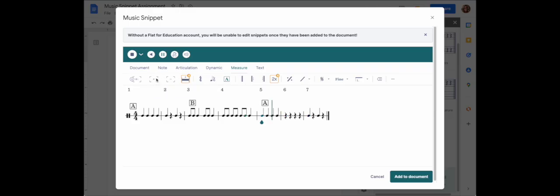Oops. And you can always undo as well. I had the wrong measure highlighted, so I'll highlight this measure and say add one after it. And there we go. Now I'm going to put in my C section, which is where I've decided to kind of put together eighth notes and quarter notes. It's got to be different than both A and B. So I'm going to go, here's my C,